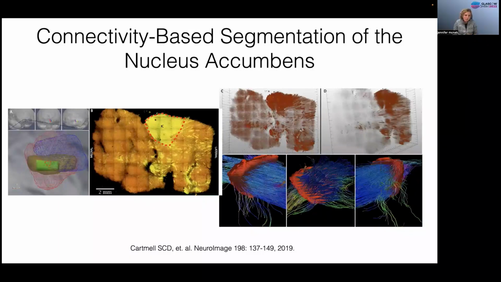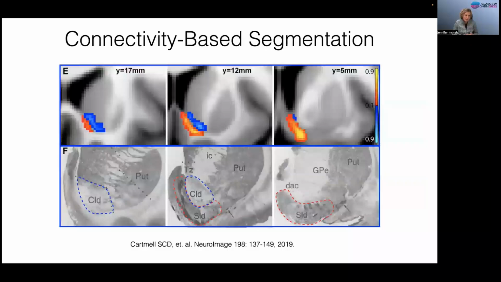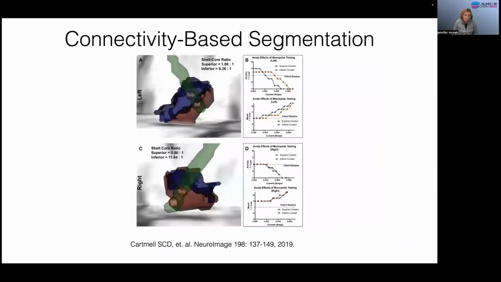And then this is in vivo data where we did do a tractography-based segmentation based on differing connectivity profiles of different parts of the nucleus accumbens, which seemed to line up quite well with some of the known histology. And what was really beautiful was another additional affirmation of this segmentation was some results from a deep brain stimulation that was performed. And you can see retrospectively here, we aligned the tractography-based segmentation to show whether the electrodes were in